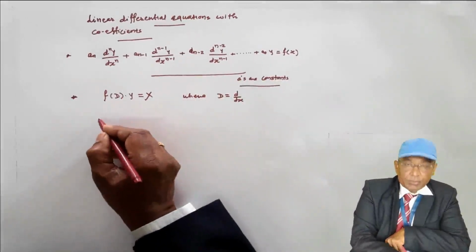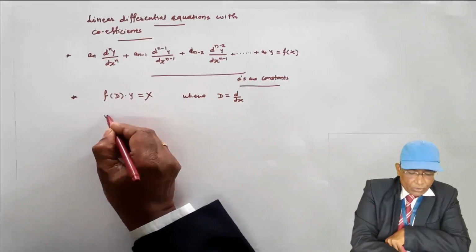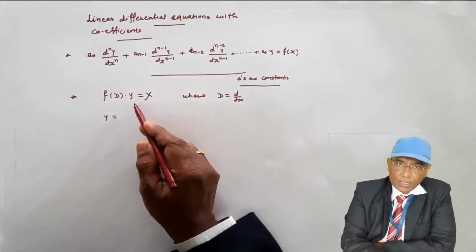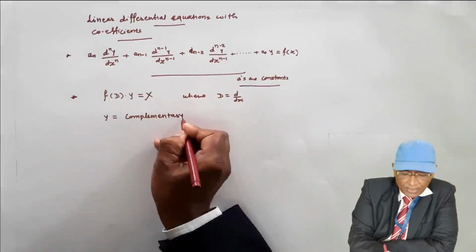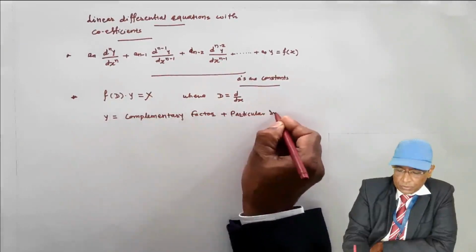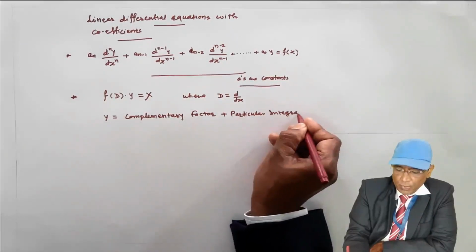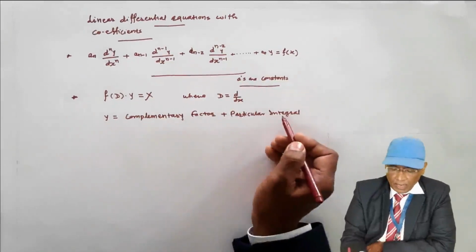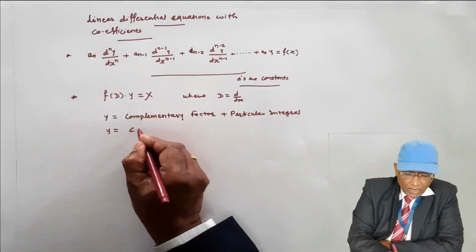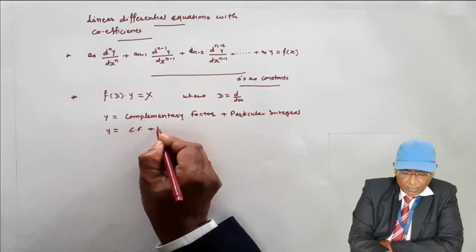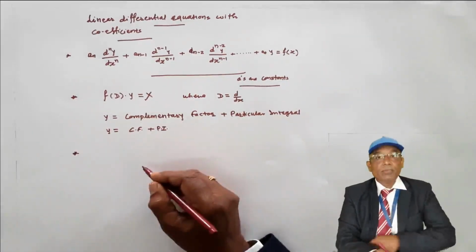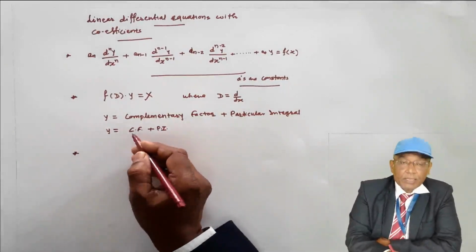So how do we find the solution of the differential equation? When you find the solution, obviously you will get the value of y. Means for the value of y we are solving this differential equation. The solution is the complementary factor, or you may call it the complementary function also, plus the particular integral. The solution of the differential equation has two parts, the complementary factor and the particular integral. So in order to save time, the complementary factor, in short, I will be writing CF, and the particular integral is PI.